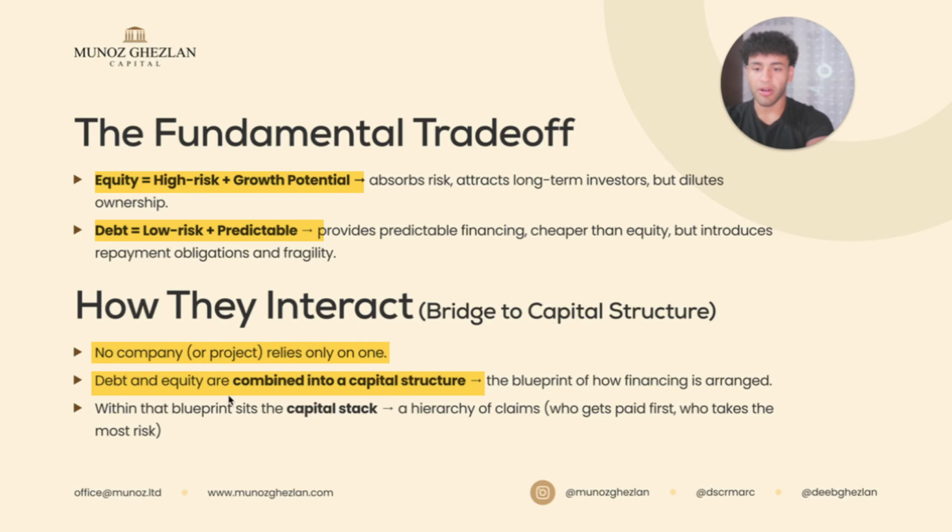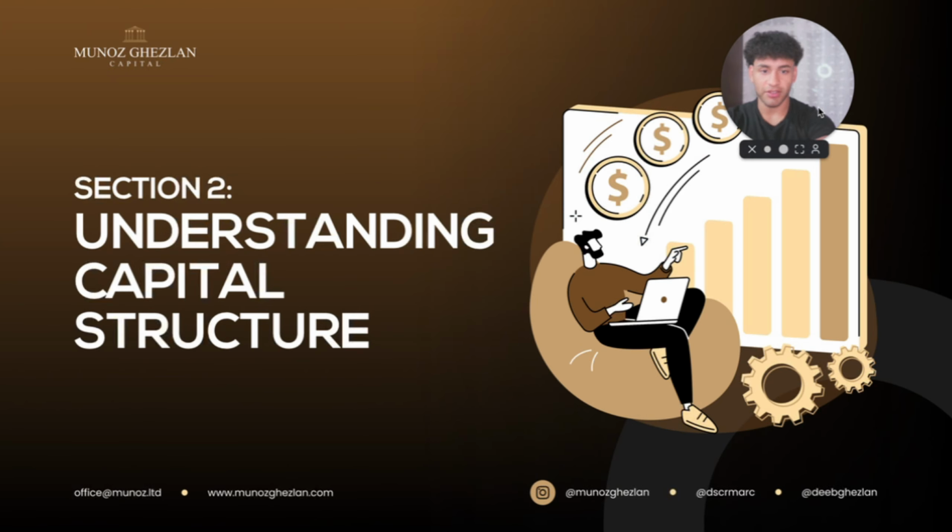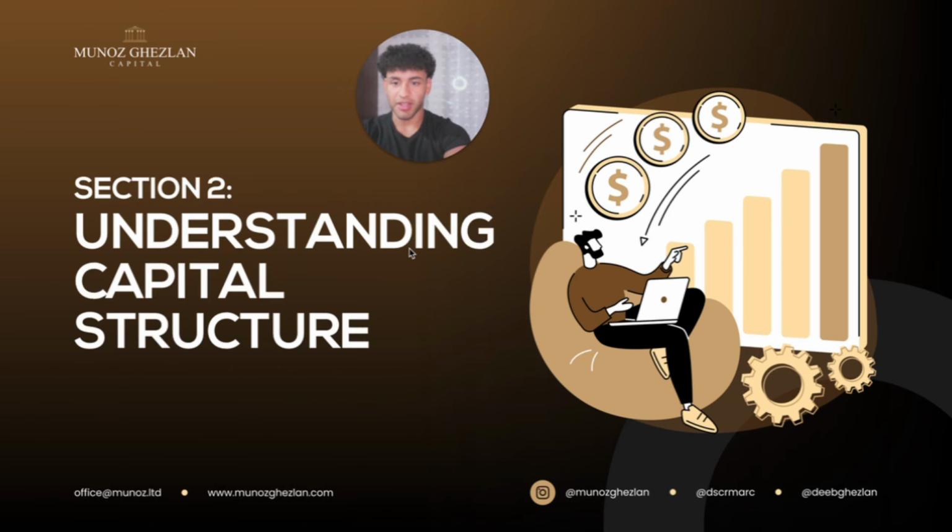Debt and equity are combined into this concept called capital structure, which is just the blueprint of how the financing for a company, or, as we'll see, a real estate project, are arranged. Within that blueprint sits the capital stack, which is a hierarchy of claims about who gets paid first, who takes what, and who takes the most risk. So we have this concept of debt, we have this concept of equity. They stack together to make this thing called a capital stack, which leads us to our next point, understanding capital